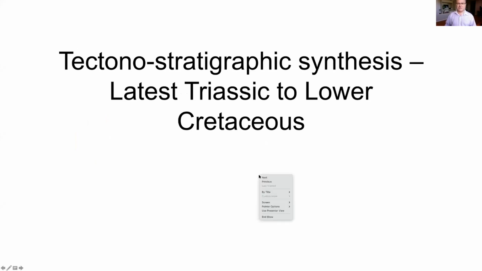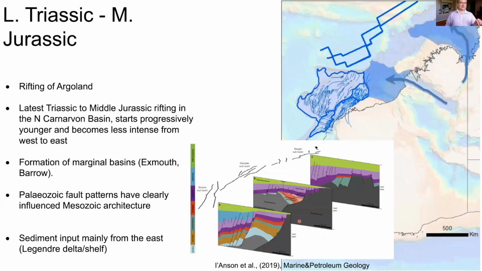the start of the Cretaceous, but just to, I guess, make the point that that can also be split into two different parts. So first of all, to consider the lower Triassic, the latest Triassic up to the Middle Jurassic, when the rifting of Argoland occurred, or the separation of that terrane occurred, and then the plate reorganization that occurred after that, and the events that happened in the Upper Jurassic to the Lowermost Cretaceous, leading up to the separation of Greater India. So this map summarizes nicely the fault patterns that resulted from that period of deformation, and I think